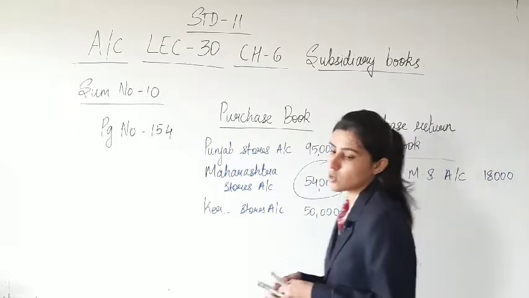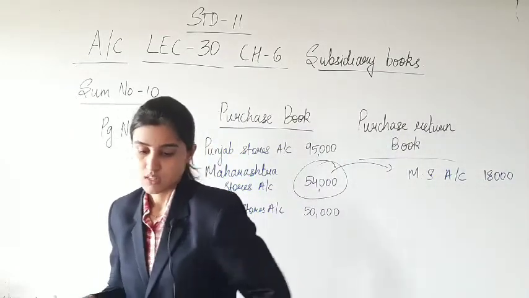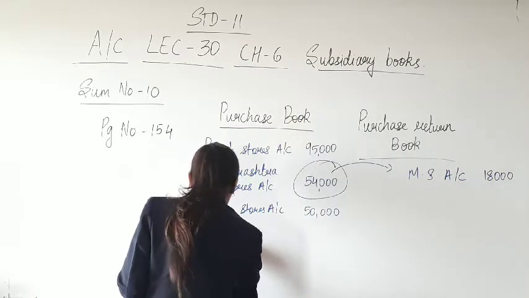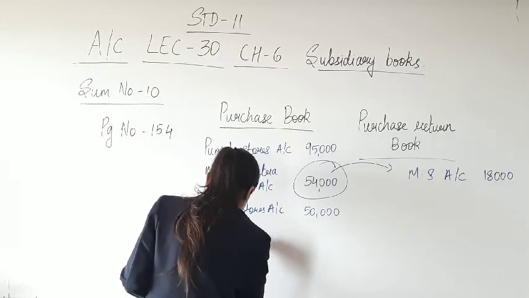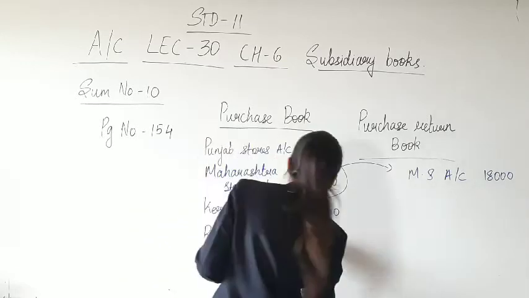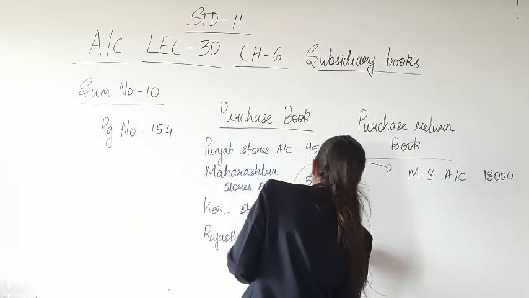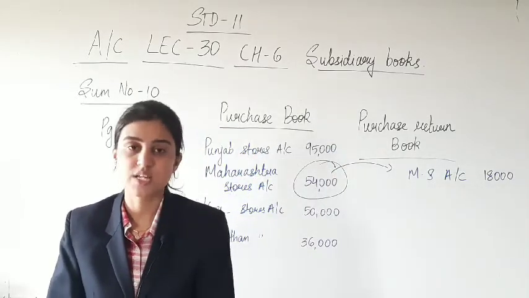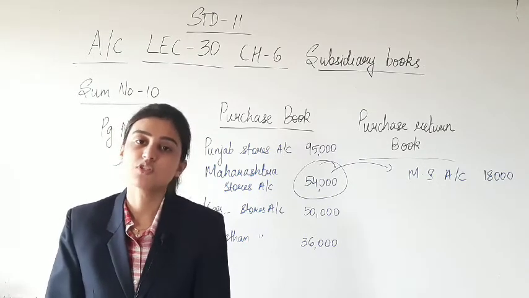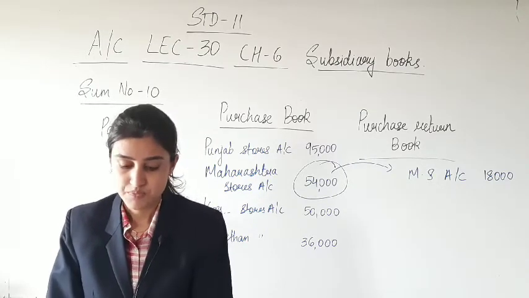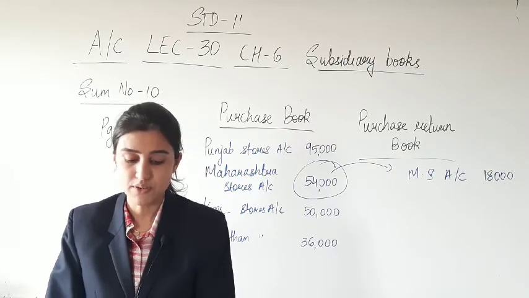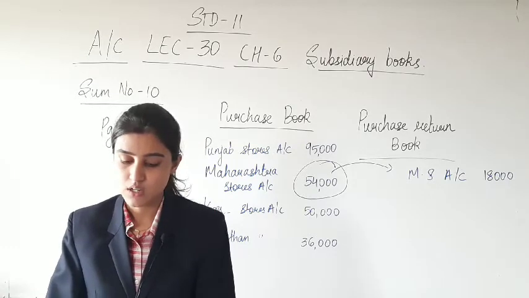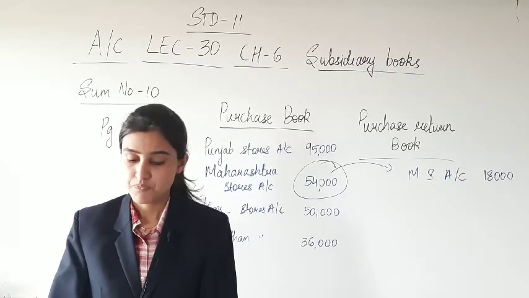Yes, so in purchase book the name of the supplier, that is Rajasthan stores, the amount is 36,000. The note for GST and labor, of course, you will be writing the way we do in each and every sum. Yes. Then on 25th of January, goods purchased of rupees 50,000 on credit from Uttar Pradesh stores.